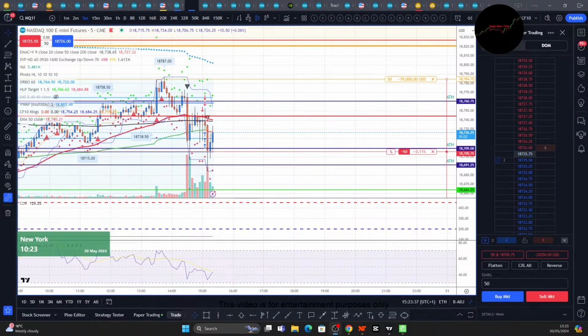This is looking like it's going to be another losing trade here. Because if we close above VWAP and make a new high, then I'm not going to wait for it to get all the way up to the stop. I'll just take the trade off.